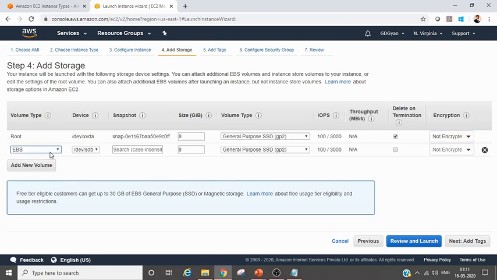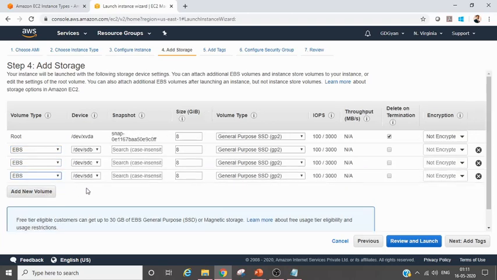Now let's add new volume. Let's add a few new volumes, right? Now let's have a drop down. Oh my god, we have 5 options here. For root device, we saw only 3 options: general purpose, provisioned IOPS, and magnetic. But when we are adding additional storage, we are getting 5 options, right? General purpose, provisioned IOPS is there. Then they are adding cold HDD, hard disk drive, and throughput optimized HDD, and magnetic. So they have 2 SSD solid state drive and 3 hard disk drive. So you got that: general purpose, provisioned IOPS, cold HDD, throughput optimized HDD, and magnetic.